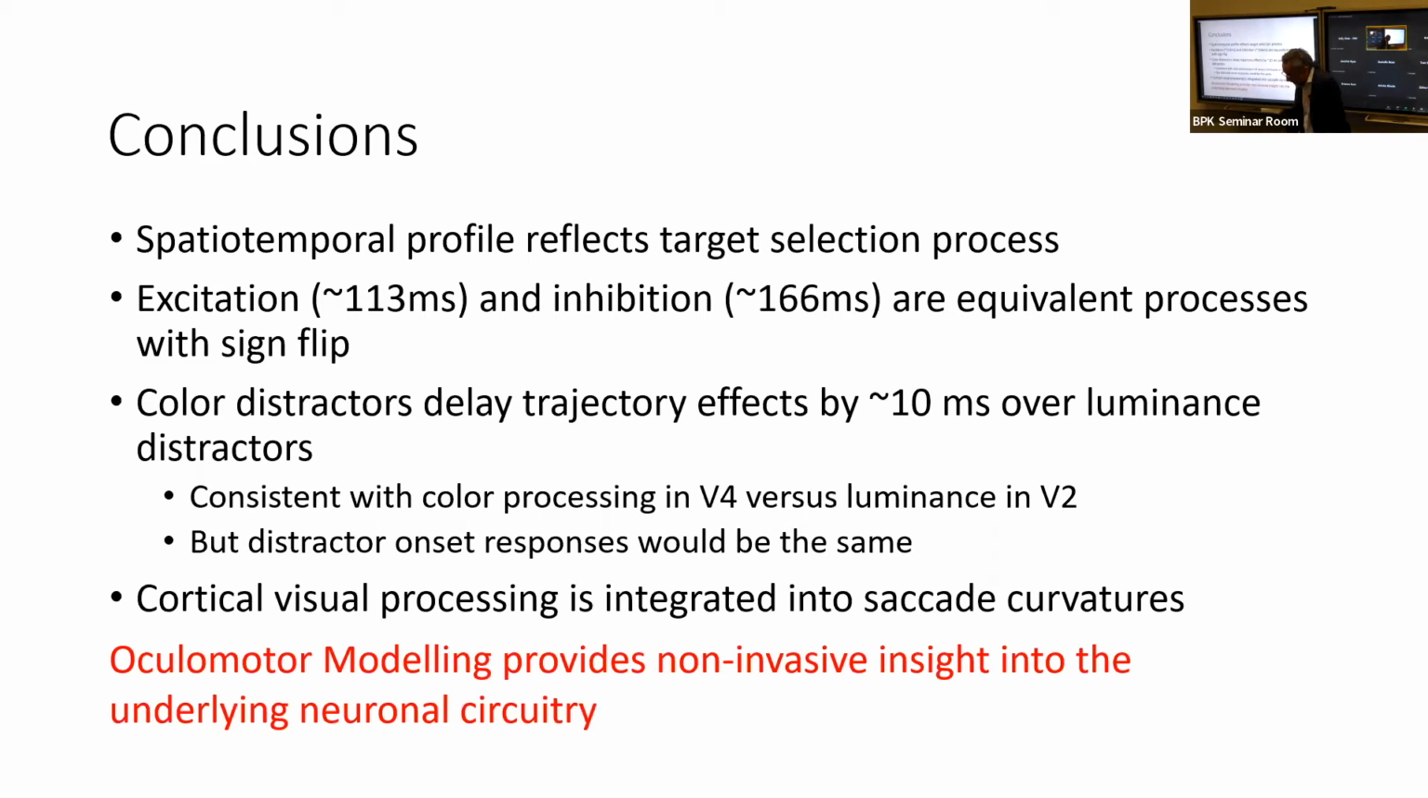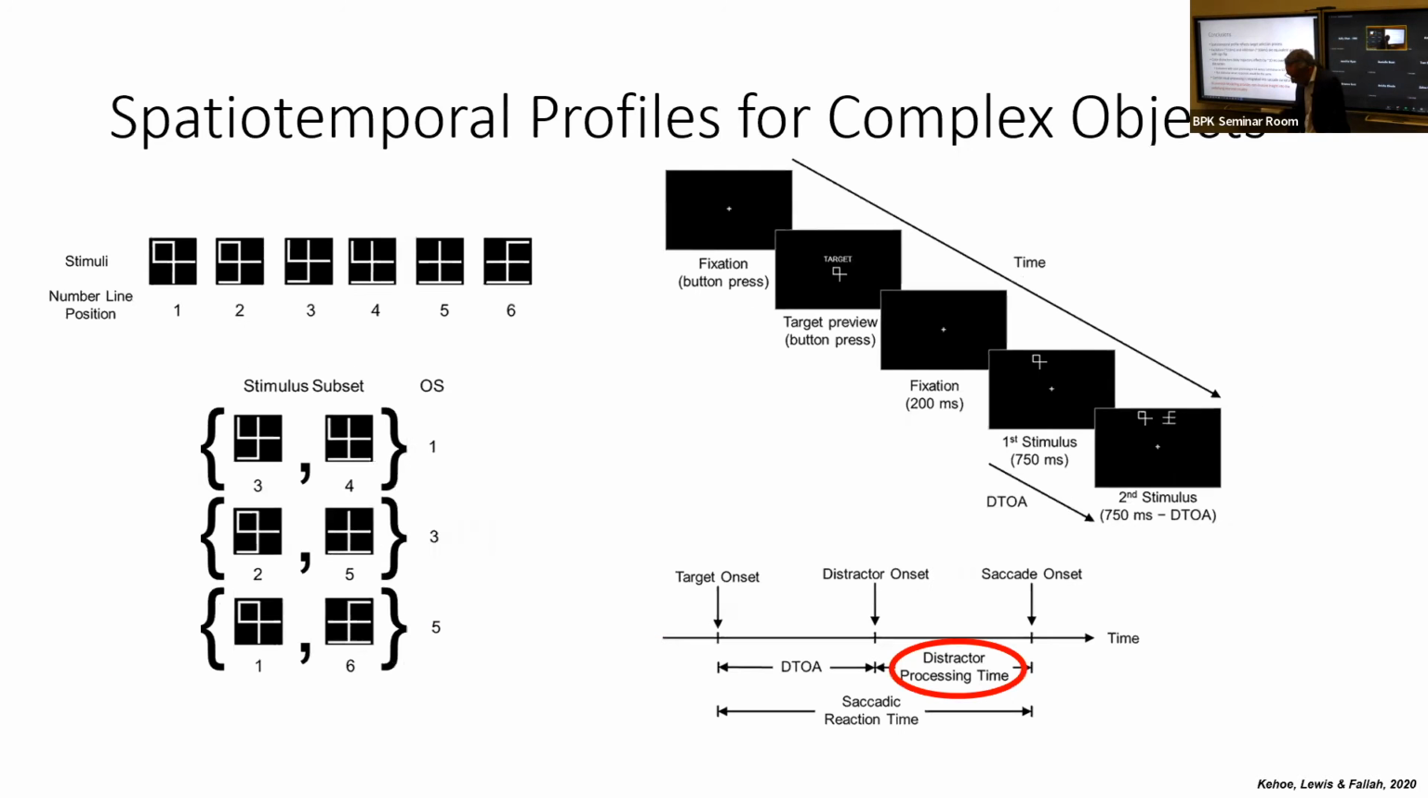So we're doing this non-invasively as a way to understand the underlying neuronal circuitry. So we've done it for color and luminance contrast gratings. Let's take a look at something a lot more complex. Let's look down the ventral stream into IT cortex, where we have late stage object representations, and we created these